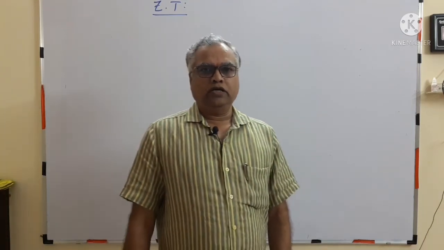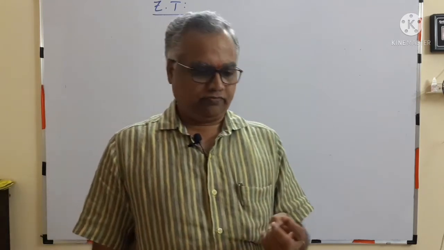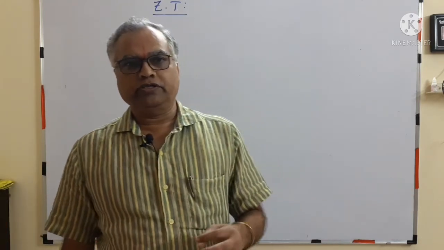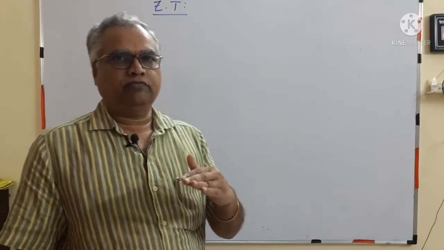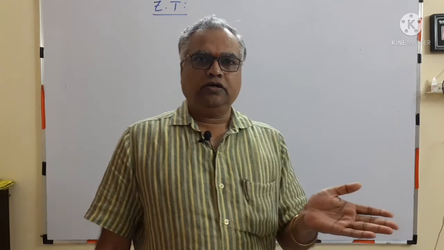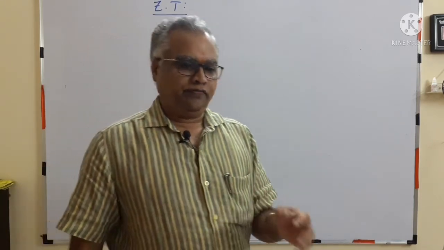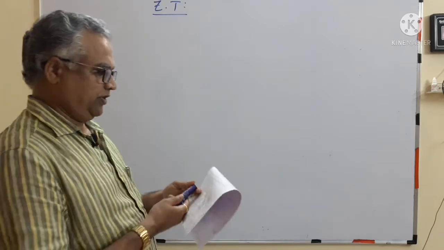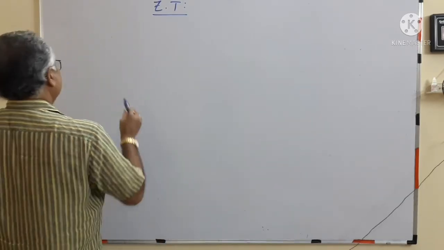So last class we solved problems in Z transform. Some more problems are there, we'll solve. Purely left-sided or right-sided signal problems are already done. If it is left and right, how can we do it? So, another example,